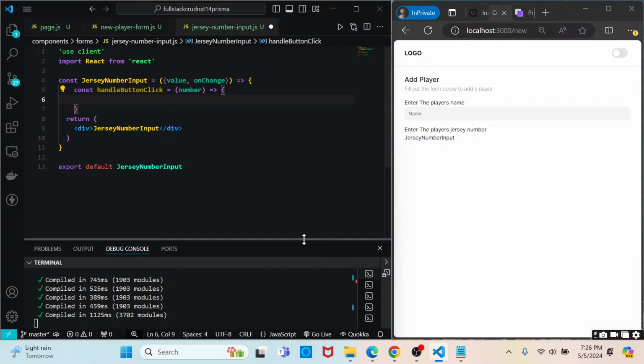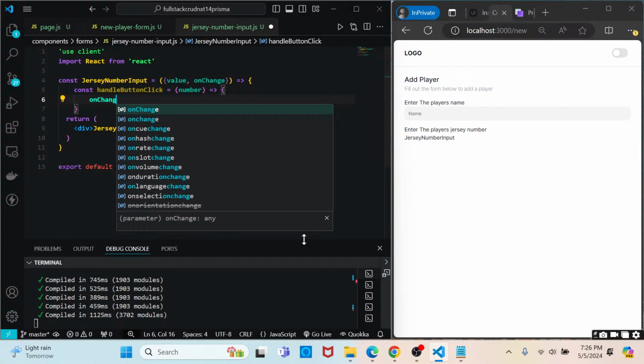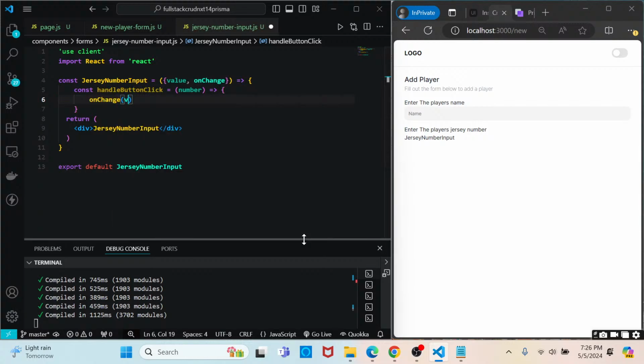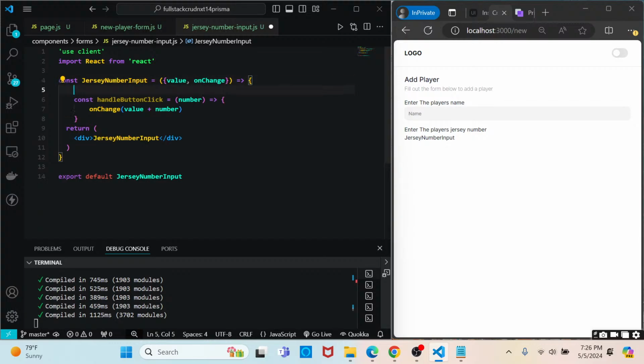And inside of it, we'll give it an on change, and on change, what we want it to update the value. Actually, we want to go value plus number. And what this is basically allowing us to enter multiple numbers for the jersey. Because if you didn't have the plus number and concatenate it, then it basically would just add the numbers and not bring the numbers together. Like 22, it would just add them together. So, function to handle button clicks,